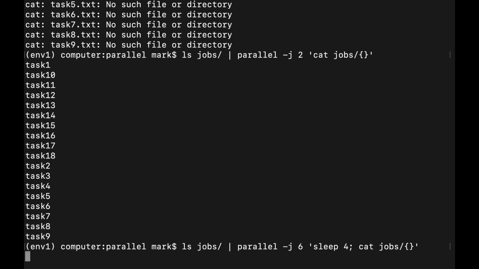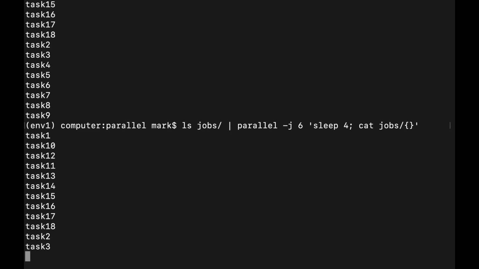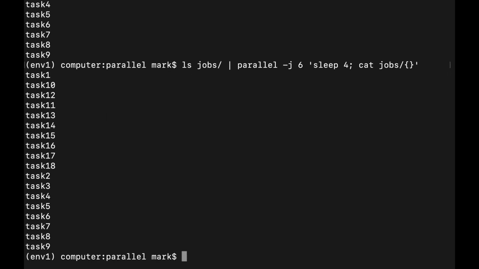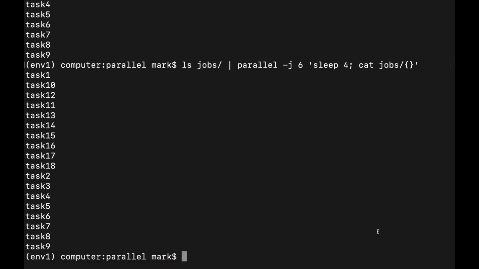We can see here how it works. So that's pretty much the basics. Those are the 2 parallel inputs that I use the most, the ls into parallel and then the catting a file into parallel. And one other thing to point out is that parallel does a pretty good job